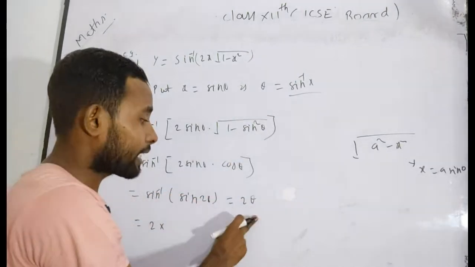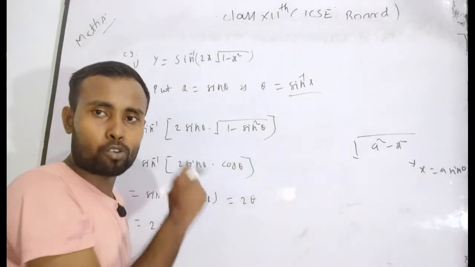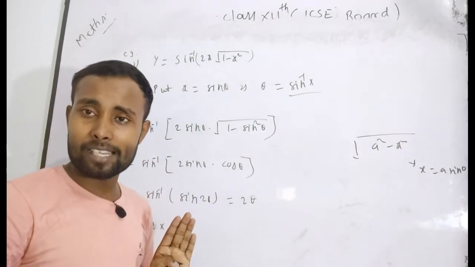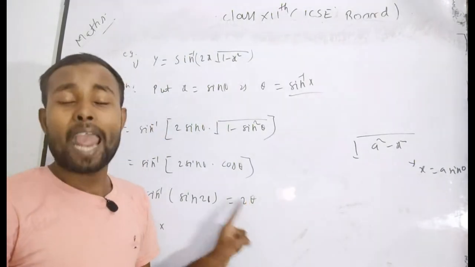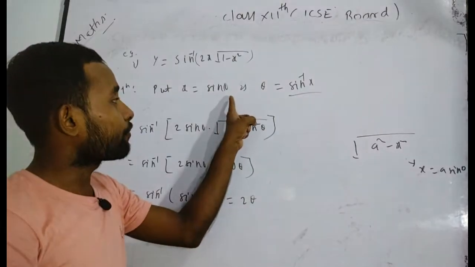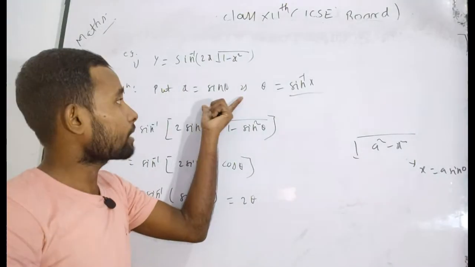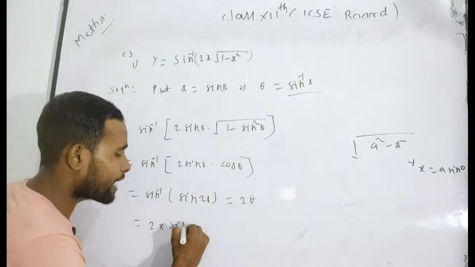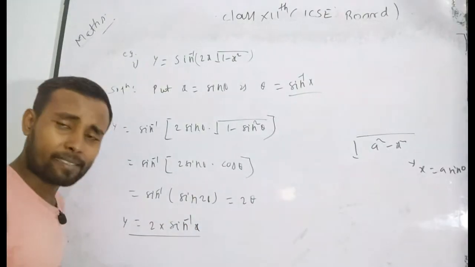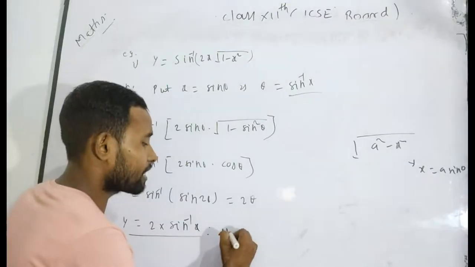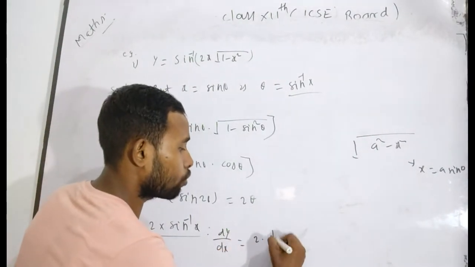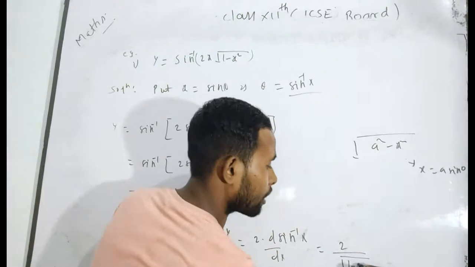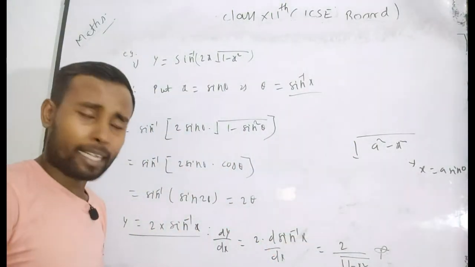After simplification, finally go again to your second step where you have supposed theta. Because there is no theta given in your question, when you differentiate this function you will not get your answer in theta terms. That's why I want to first express this theta in terms of x. Then from the supposed terms, theta is equal to sin inverse x. So easily can I write y is equal to 2 sin inverse x. After differentiating, you will get dy by dx is equal to 2 times the derivative of sin inverse x with respect to x, which will be 2 upon root under 1 minus x square. This is your correct answer.